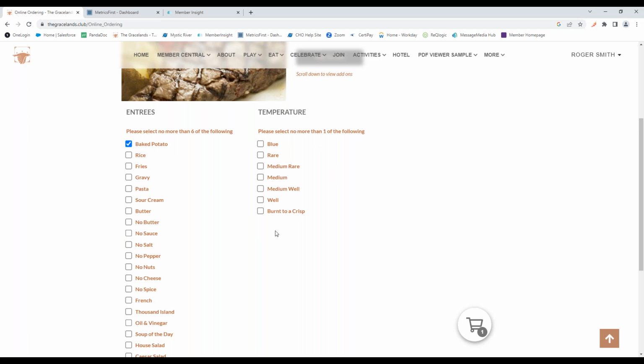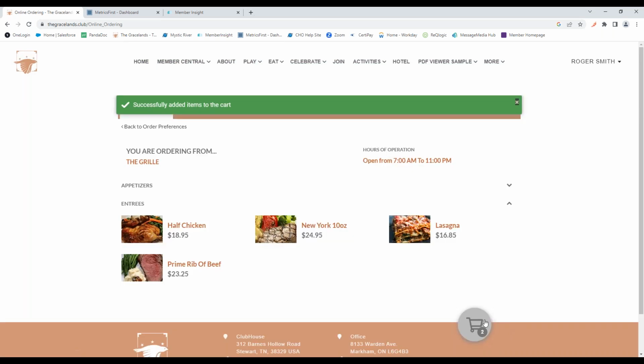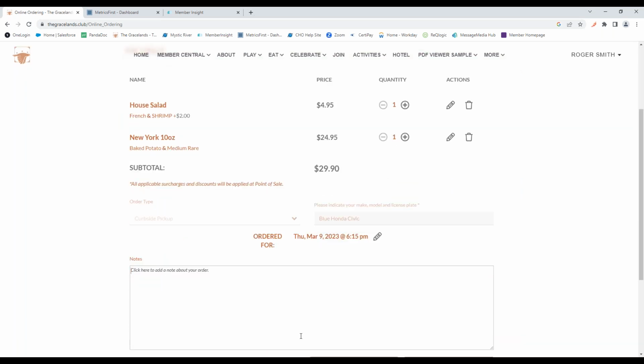And then for our different steak types or temperatures, we would go ahead and choose there. And if you want to have another menu that shows steak toppings, they can choose from that as well. And we can go ahead and add to the cart. And then same thing from here moving forward. Any notes that we want to add at the bottom, we can go ahead and add.